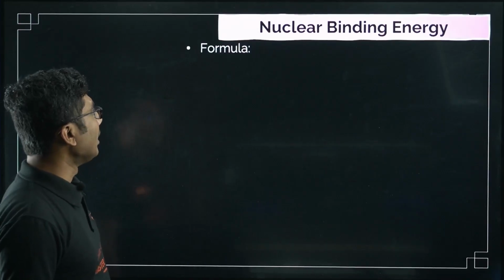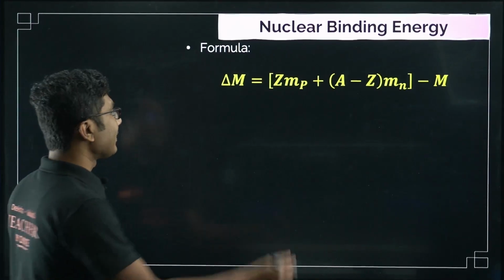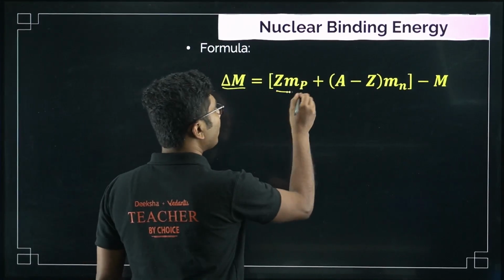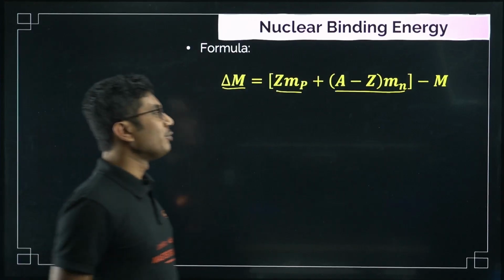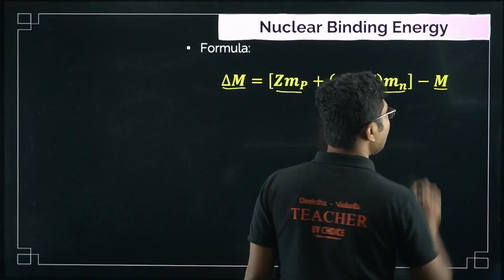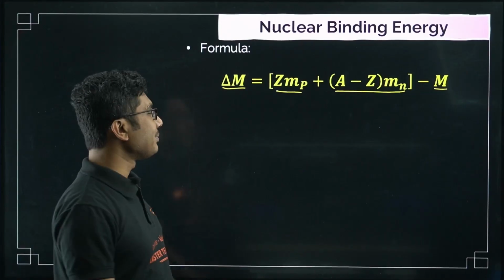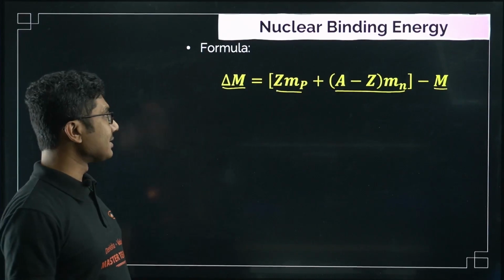So what is the formula for that? This difference in mass is called mass defect. So this is 2 kg of protons, this is 2 kg of neutrons. You put them together and when you measure their mass, you find this to be 3.8 kg. So this is the formula, a very easy formula: Δm = ZMp + (A − Z)Mn − M is the mass defect.